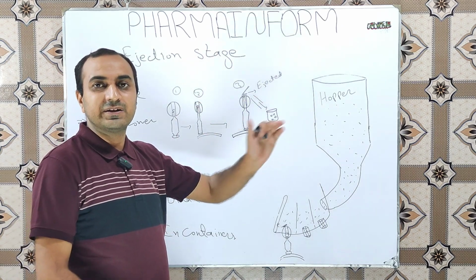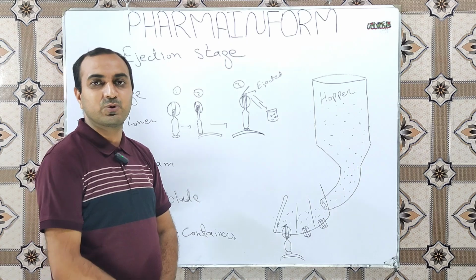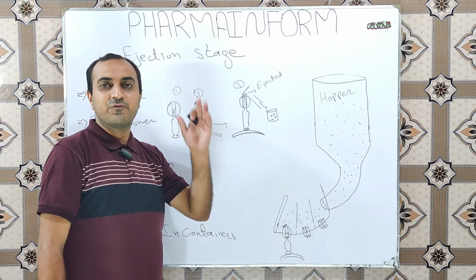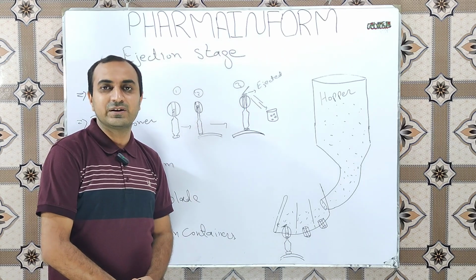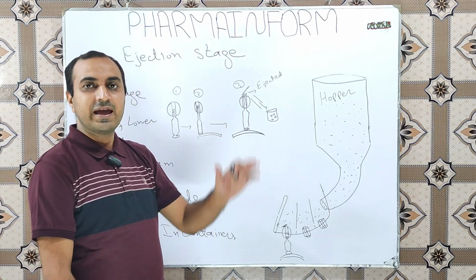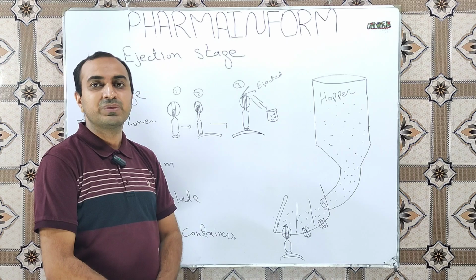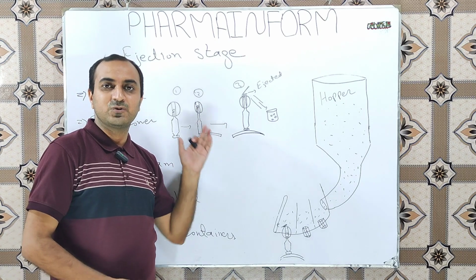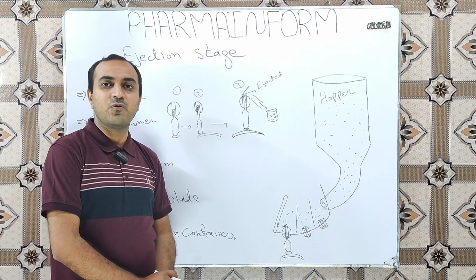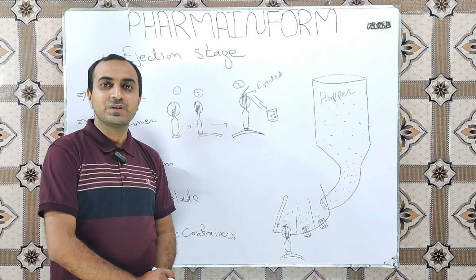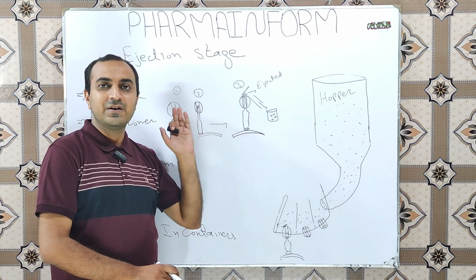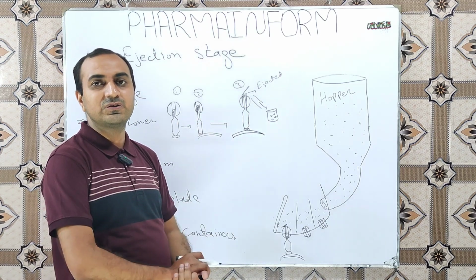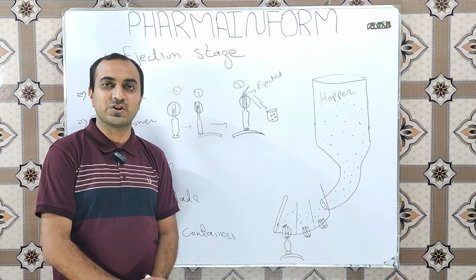As you are familiar, the tablet compression process or tablet compression cycle is completed in four stages. First one is the filling, second one is weight adjustment, third one is the compression, and fourth one is the ejection. If you are not familiar with the first three stages, must visit the playlist of the tablet compression. The link of the playlist is provided in the description, so you will be familiar with the first three stages as well. So now let's start the fourth stage, which is known as the ejection.